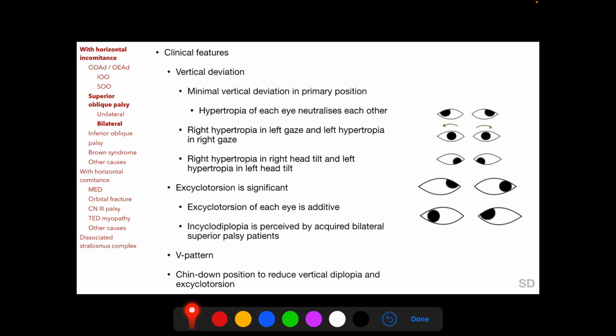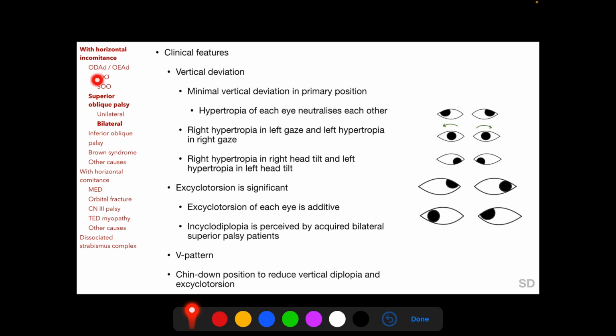And because of this significant excyclotorsion, patients with bilateral superior oblique palsy perceive more excyclodiplopia than patients with unilateral superior oblique palsy. V pattern is also a feature of bilateral superior oblique palsy. So we say that minimal vertical deviation between the two eyes in the primary position, hypertropia of each eye in contralateral gaze, significant excyclotorsion, and V pattern strabismus make the clinical features of superior oblique palsy resemble the clinical features